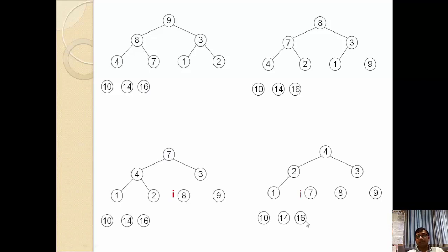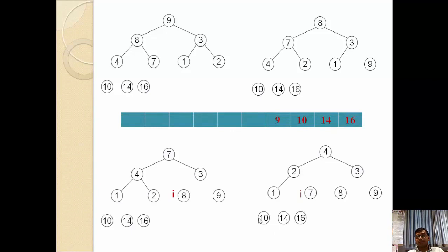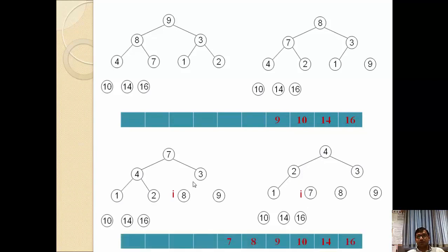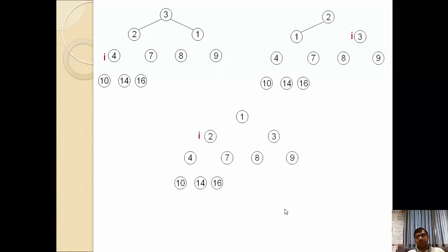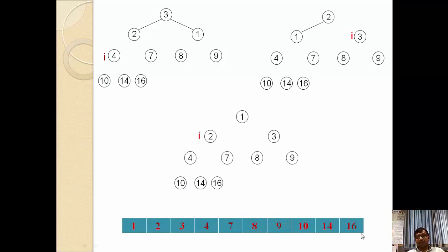This removed part we need to store inside the array. So 16, 14, 10, then 9, 8, 7, all the nodes we need to store in this manner, left to right, right? All the elements will be stored in this way. Likewise we have the largest element on the root node, so again we need to perform swapping with 1, and we can remove 4 also, then 3, then 2, and then 1, and at the end we get the list of numbers in ascending order. So these all are the list of numbers in ascending order, right?